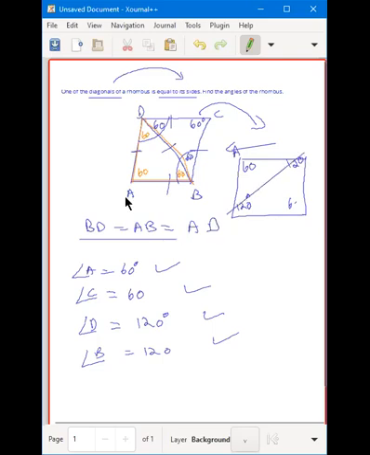The naming of the angles doesn't matter as long as they're named in the cyclic way, the right way. But sir, in the original diagram also, if we take AC as the diagonal, then also it is correct, right? That basically becomes this, so in this case these will become equal. So this will become 60 then, and these will become 120. It's the same thing because the rhombus remains the same. Only difference is the naming convention changes. It will be correct.